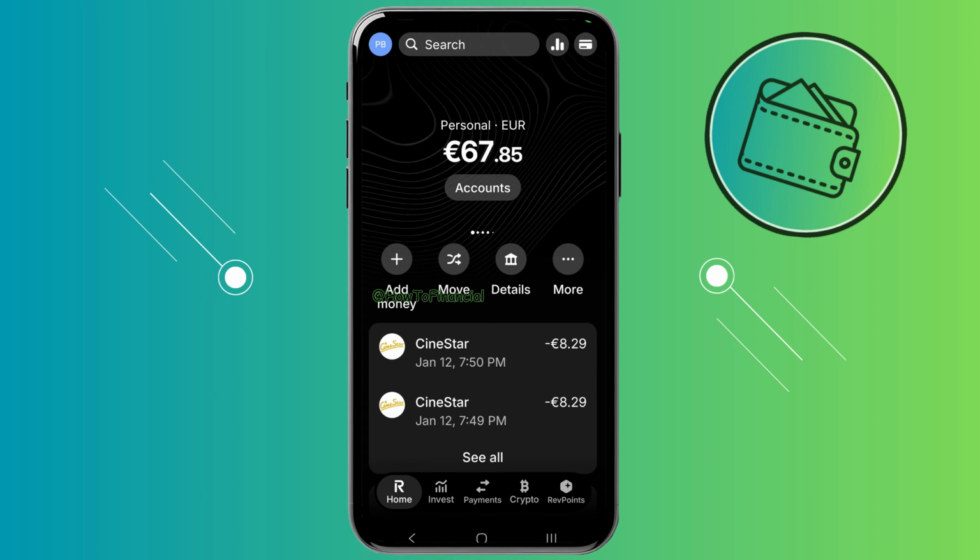Hey guys, welcome back to another video, and in this video I will show you how you can send money from the Revolut app to bKash, that being the Bangladeshi finance app. So let's get started. Now, to transfer money from your Revolut account to Bangladesh, more specifically on someone's bKash account,